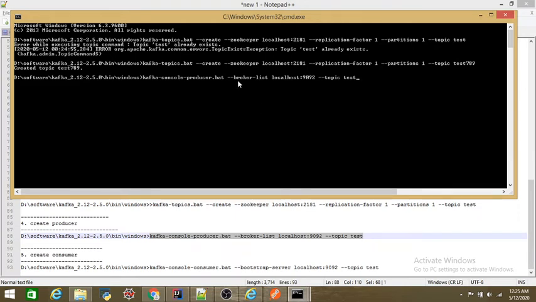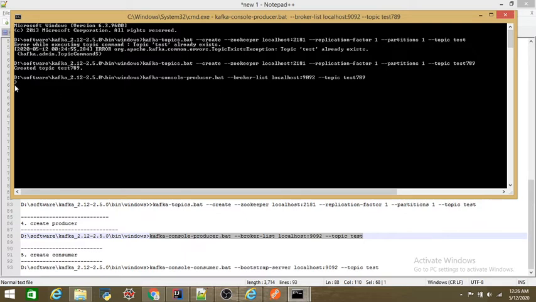Similarly, broker list, I will explain what a broker list is in later videos. As you already know, a broker is nothing but a Kafka server, okay. The producer will not send a message directly to a consumer, right? It will send to some topic via the broker. So that is why we have to provide the broker list name, and here 9092 is the default port for this to run. So I need to provide the same test name, 789. So my producer has to be created with this.